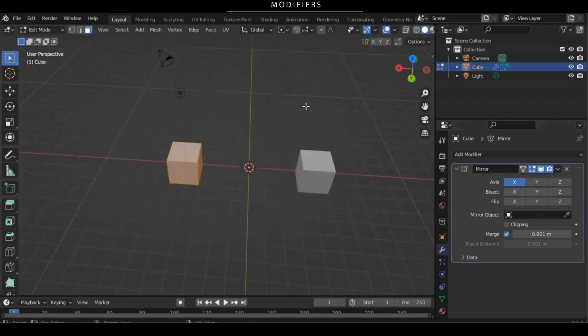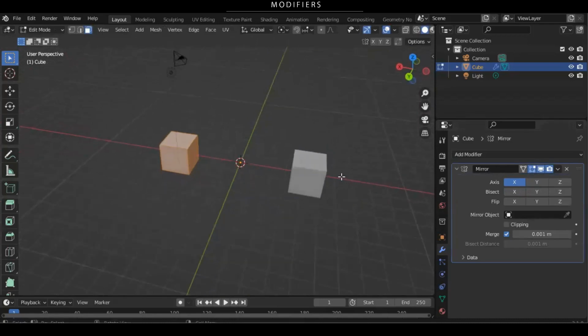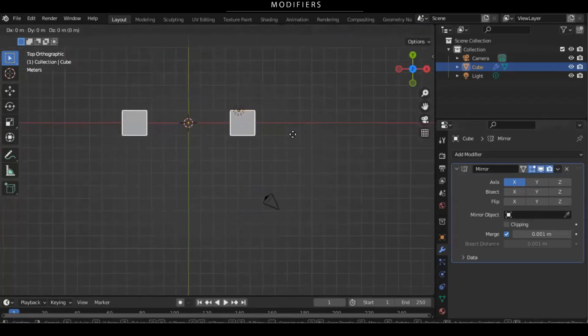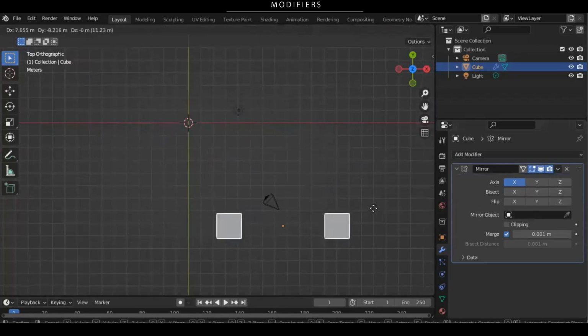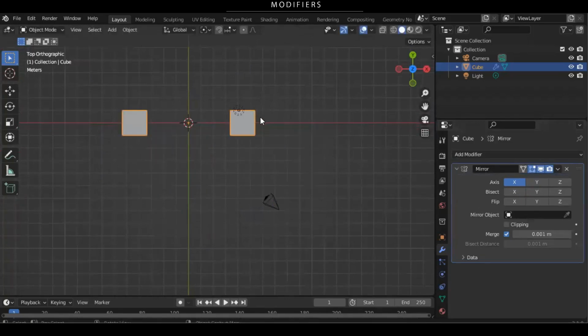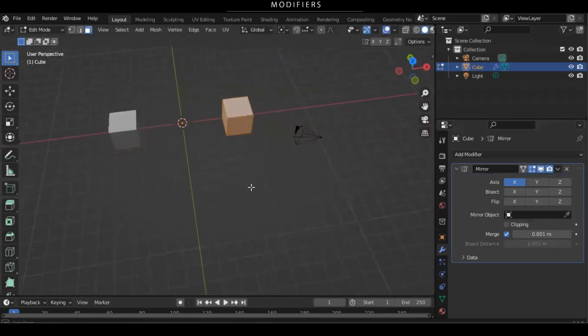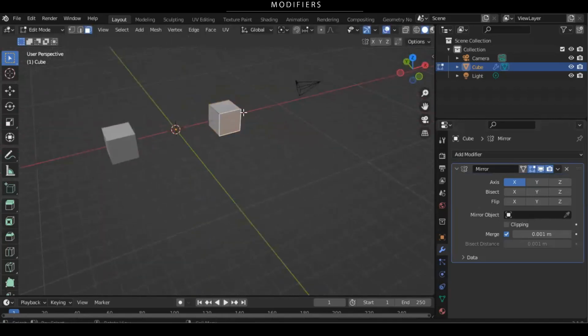And if I hit tab, you'll see once again, this is actually just an instance. The geometry is really over here. If I go into top view, I'm going to move this thing around. Because the origin's moving with it, the mirror isn't continually being adjusted, right? They're moving together. But if I go into edit mode, and let's say I select one of these faces,